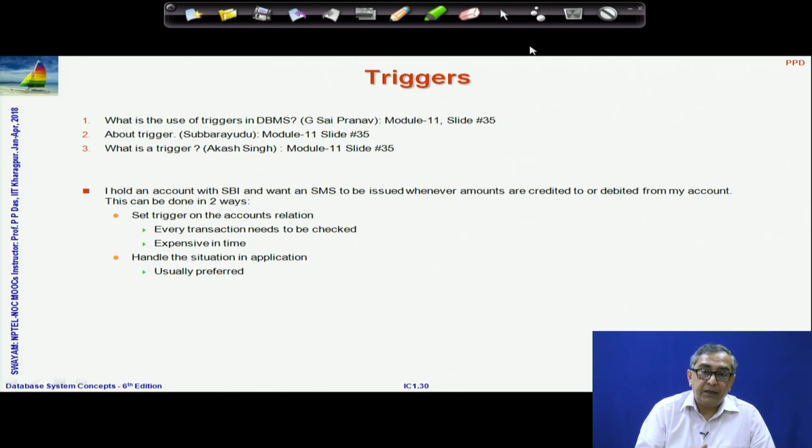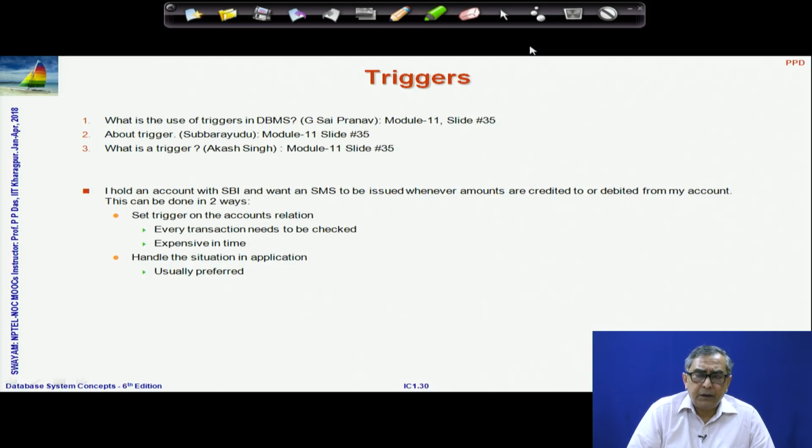Triggers are attached to specific events. In a banking transaction system, it could be attached to whether money is credited to or debited from the accounts relation, and the corresponding event will get triggered, or fired. That is where the name comes from: events getting triggered, and accordingly actions can be taken. Relational database systems allow you to set triggers on relations, and that is inherent, but